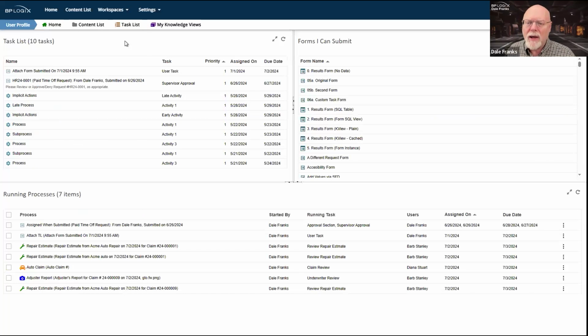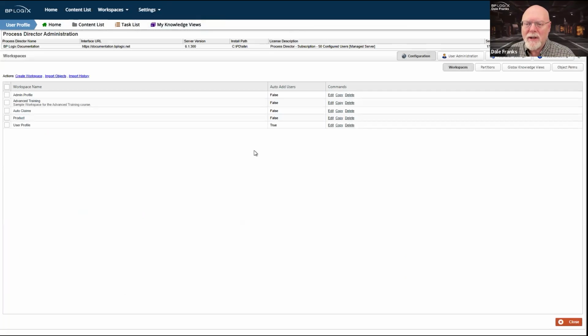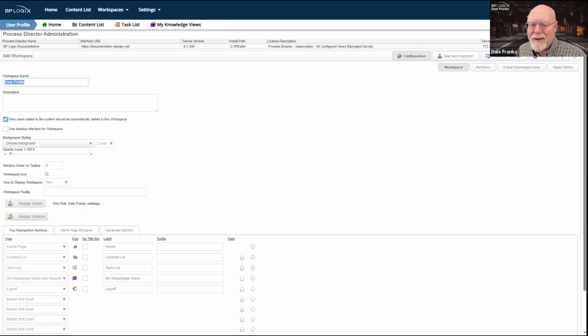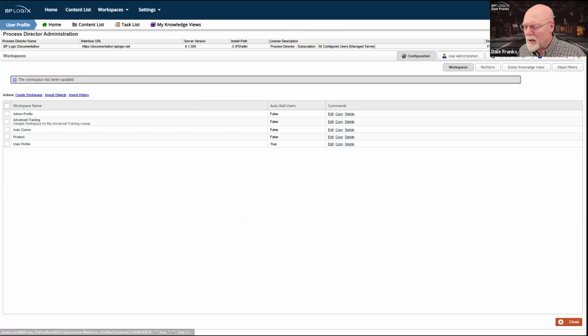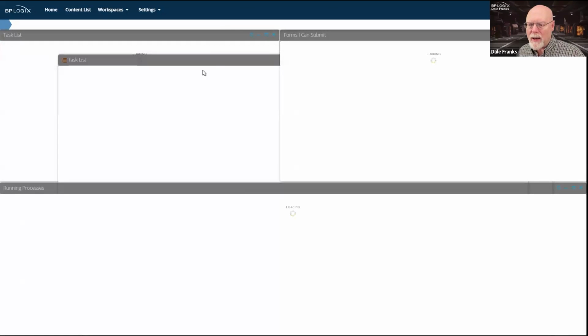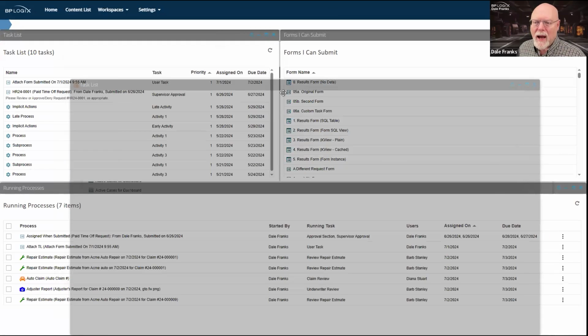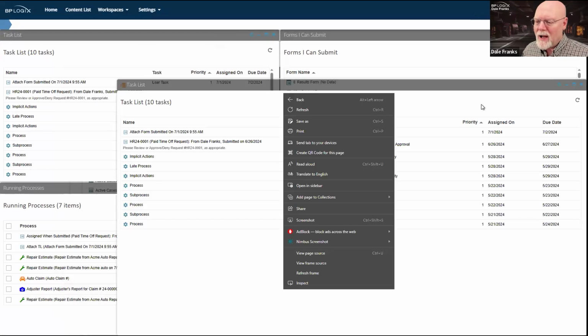Since I've clearly got this messed up here, let's actually go back over here to this system. It's nice having two different systems, although I'm always sort of touchy about working on the documentation system because it definitely is a cutting edge system. But we're going to go ahead and turn on our desktop user interface here on this system, and we're going to go back to our user profile workspace.